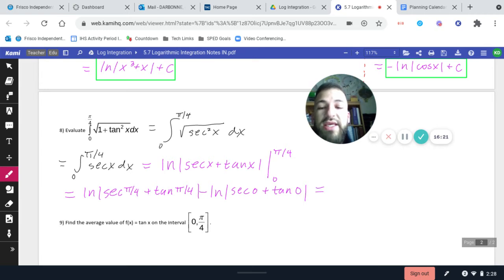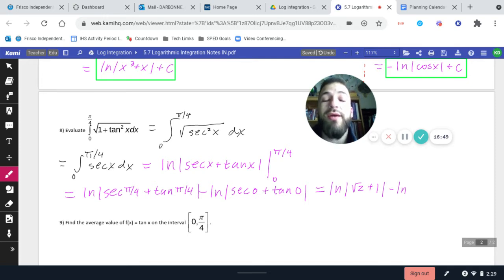And then from here, natural log secant of pi over 4, that is 1 over the cosine of pi over 4. Cosine of pi over 4 is root 2 over 2. So the reciprocal of root 2 over 2 is just root 2. So this becomes the natural log of the absolute value of root 2 plus tangent of pi over 4, which is sine over cosine. Sine and cosine are both root 2 over 2, so this is just 1